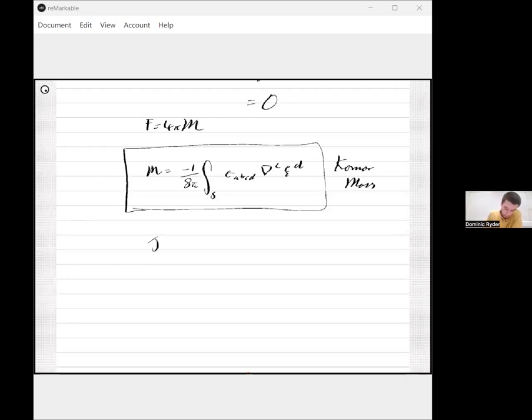I state without proof that you can prove that the angular momentum of an axisymmetric spacetime is given by this very similar quantity, epsilon ABCD, nabla C, psi D, where psi A is the space-like Killing vector field, which generates